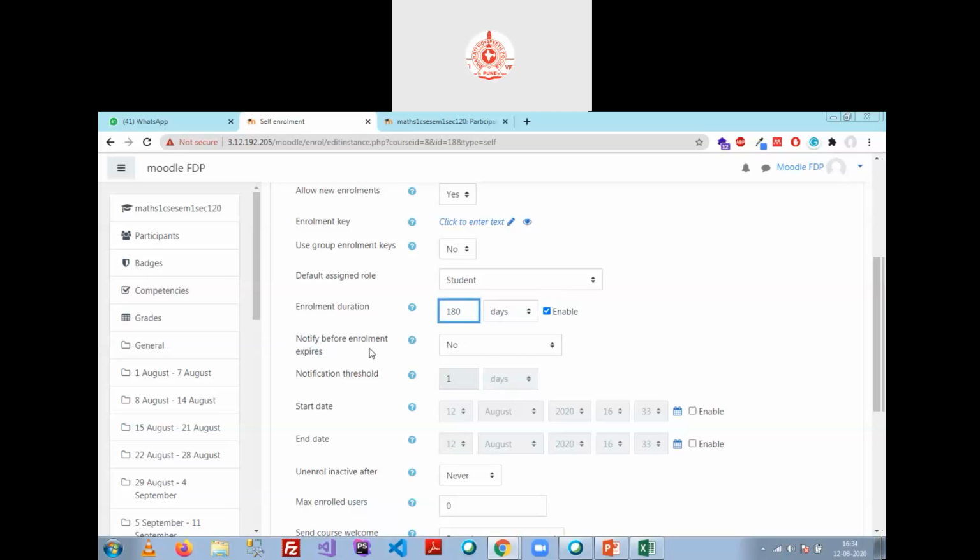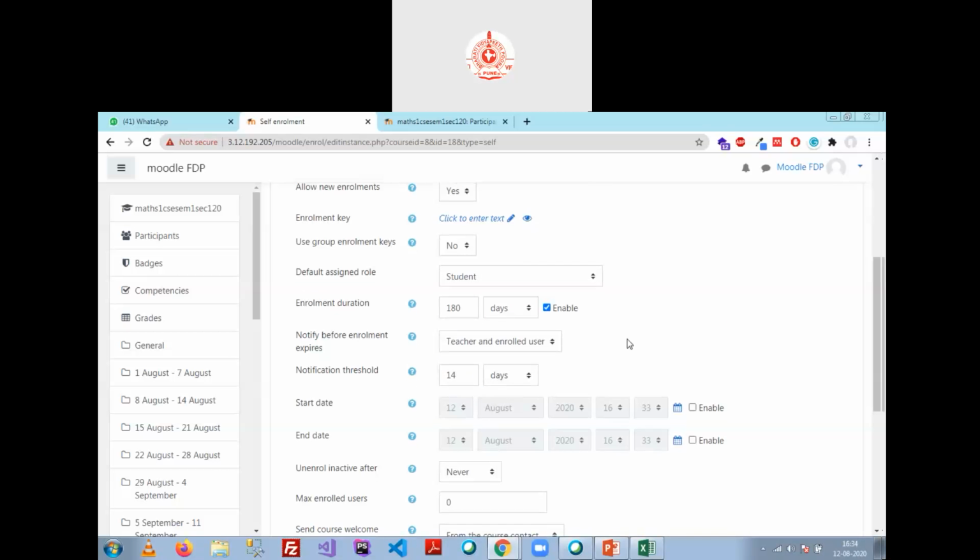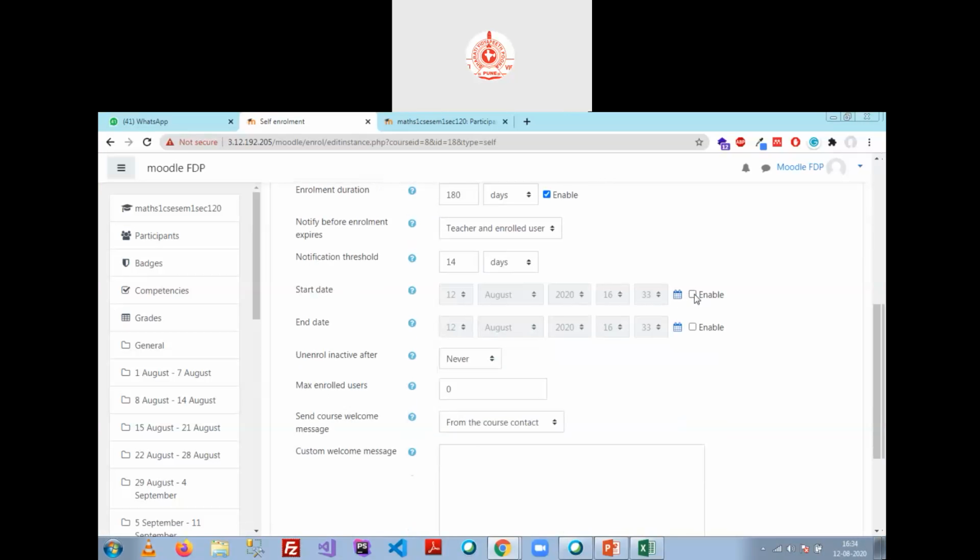Notify before the enrollment expires, teacher only or the enrolled users. How many days before? 14 days. Starting and ending dates of the enrollment. Okay, you can set the enrollment start date and enrollment end date.